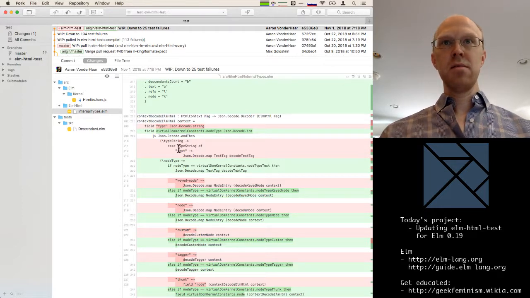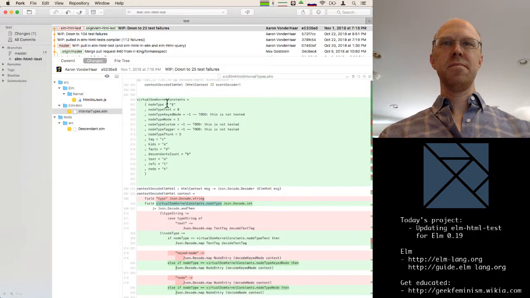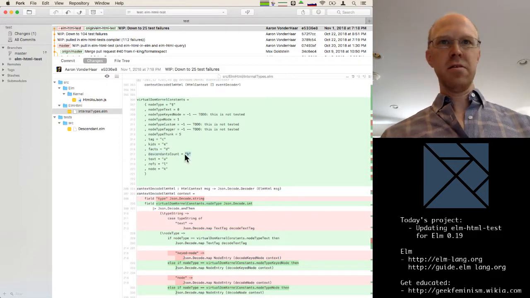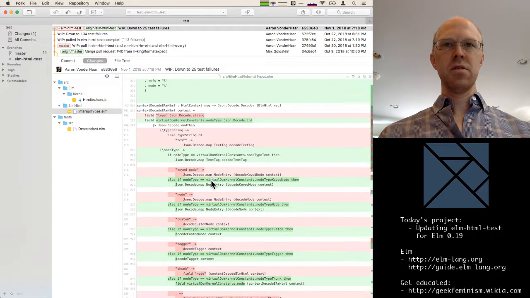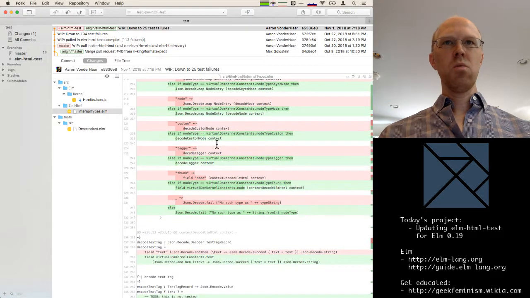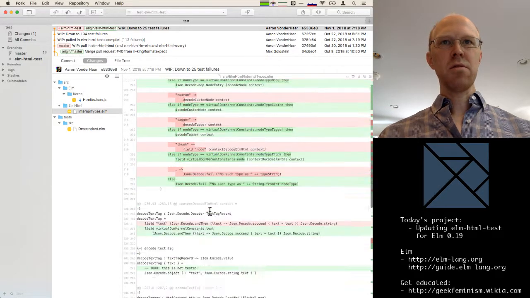So the main bulk of what we've been fixing is, like here we had this type field in the JSON. It's now some other value, which depends on the internals of other things. So we had to figure out all of these new compiled field names for stuff in virtual DOM and use that in our decoders. So while we were doing that, let's see, looks like all those got updated.